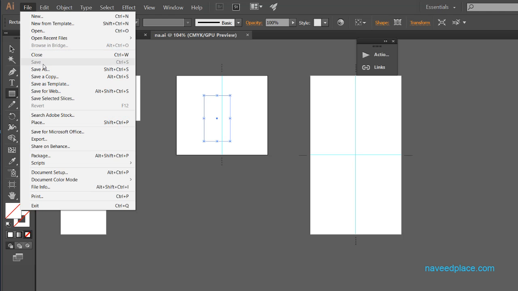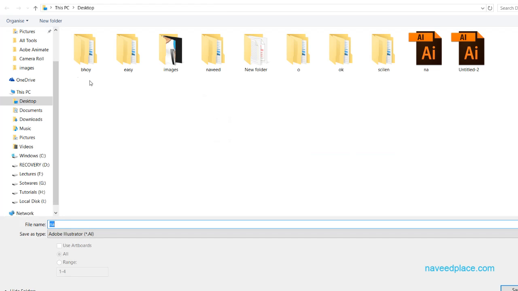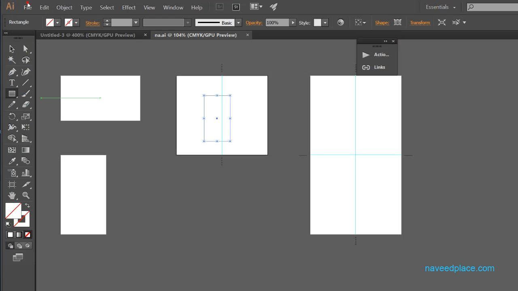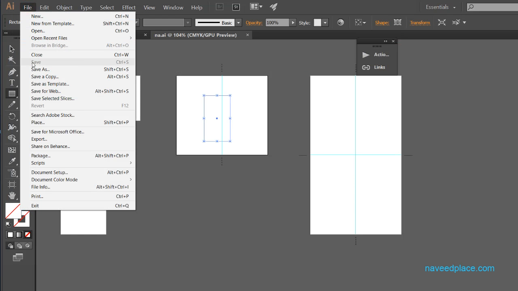So in order to save in a different location, what do we use? We use Save As. Save As allows us to save in a different location. As you can see, now I'm allowed to save my work in a different location. Getting me? So this is different. If we say Save, definitely we save in the same place, and if we say Save As, it will allow us to save in a different place or location.